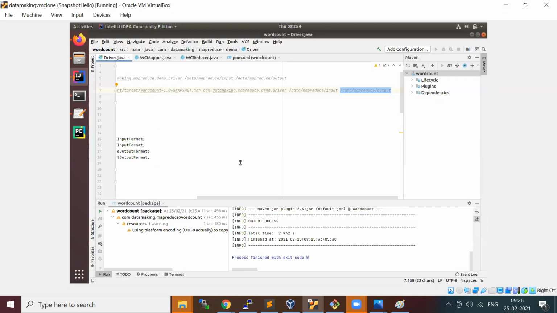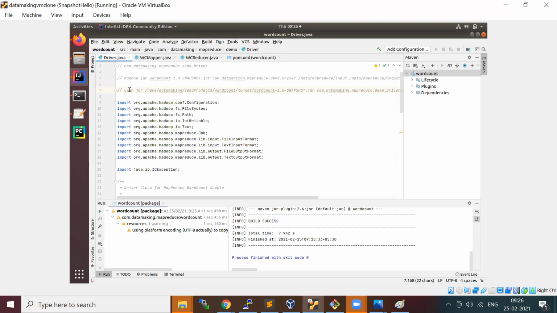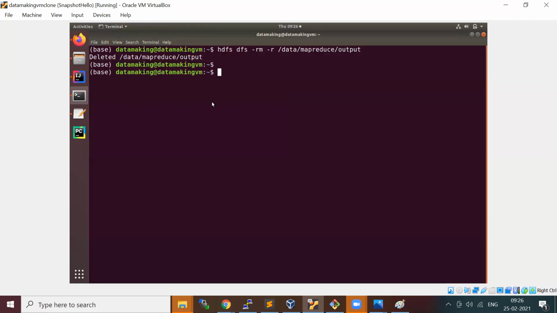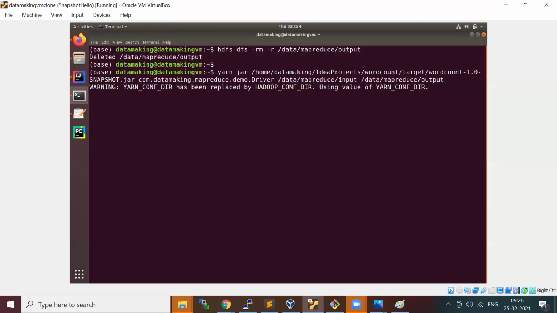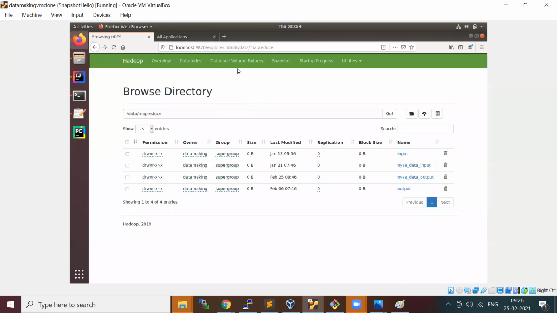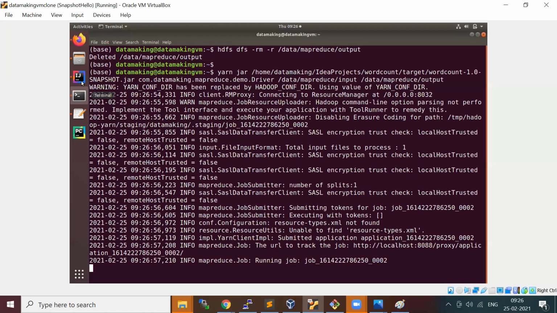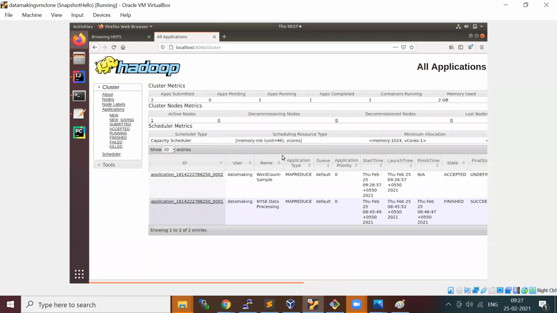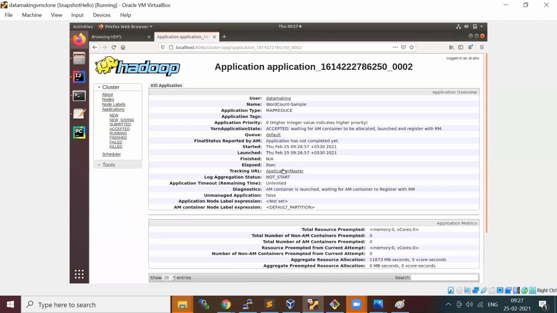The packaged jar will be under your project, which is the word count. You'll have a target folder, and inside that you will see the jar file. I take this command and run it. When the job is running, you can go and check the progress here, click here and you see the application URL.